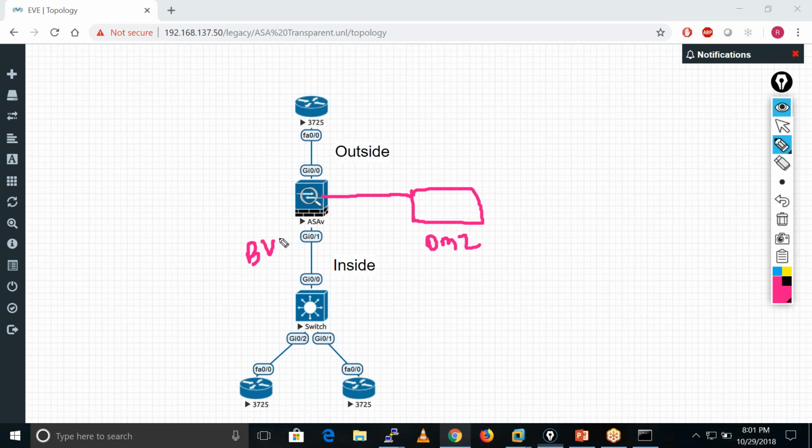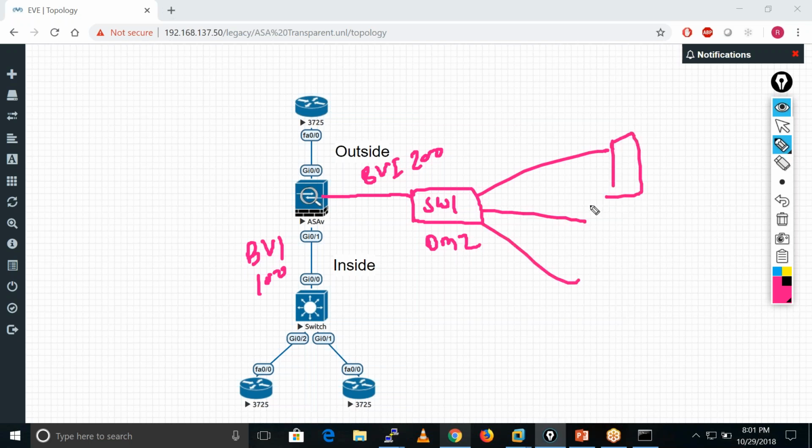So this is a BVI 100 network, and let's suppose this is BVI 200. This switch is also connected with some of my servers, like server 1, server 2 and server 3.